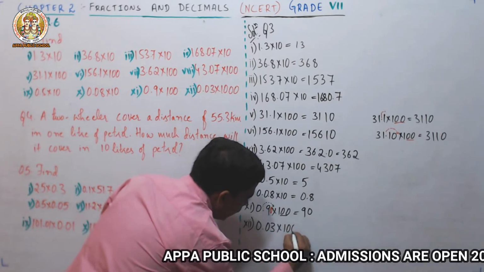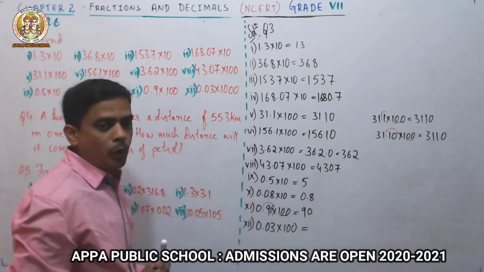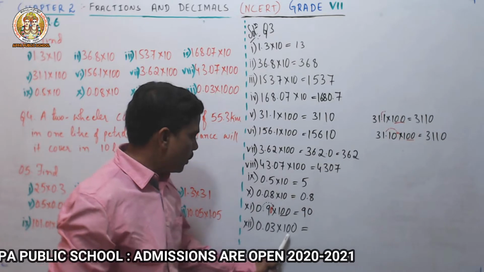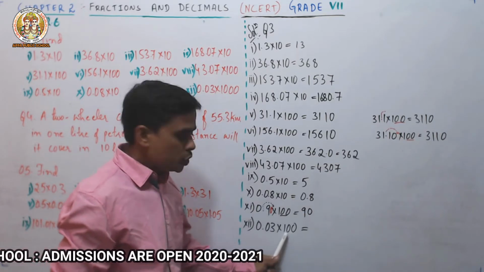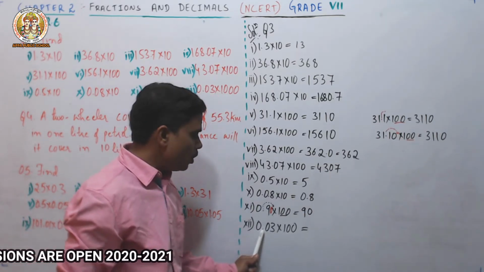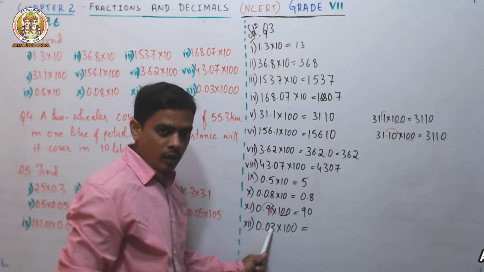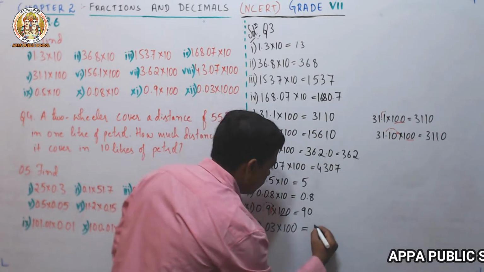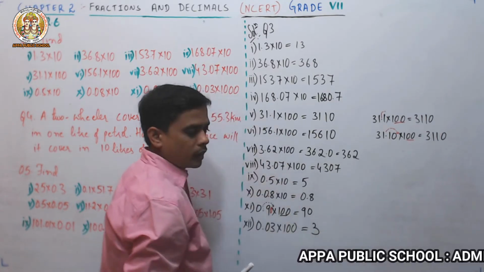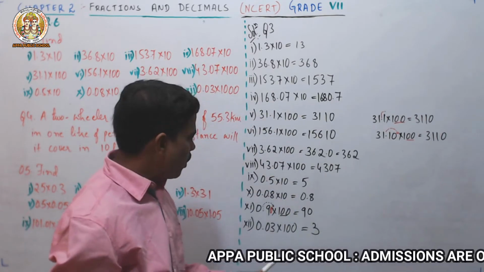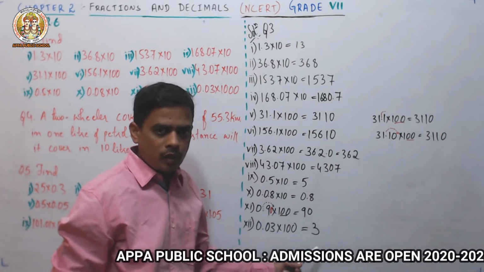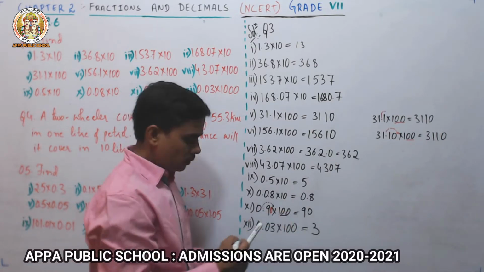into 100. That is equal to 0.03 into 100. So what I have to do? How many zeros are there here? 2 zeros are there. This decimal number I will shift towards my right by 2 positions. That is 0, 1 position, 3, the second position. Therefore, the answer will be only 3. Got it now? Only 3. If you want, you can multiply also, but you have to do it in this method only.